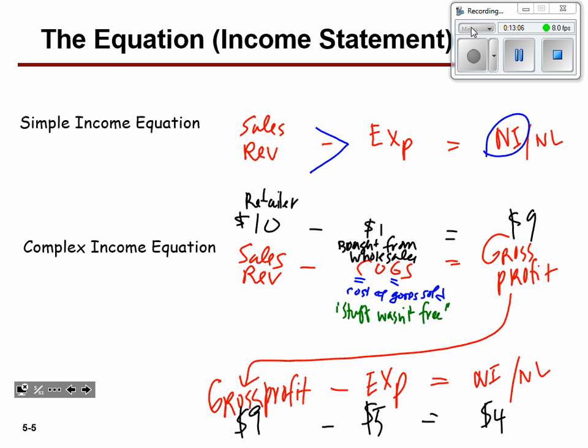Maybe only $4. And if the bigwigs or the managers think that's not enough, if you're going to sell socks for 10 bucks, why are we only keeping $4 out of that? You might, from a management standpoint, step back and say, how can we increase our profitability here? Let's think of some ways. Let's think of some ways to make more money down here at our end. Woohoo, $4 in my pocket. Okay, what can we do?